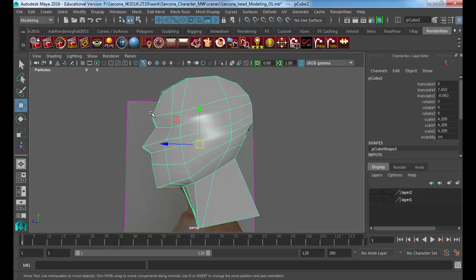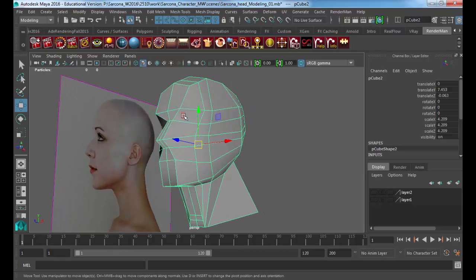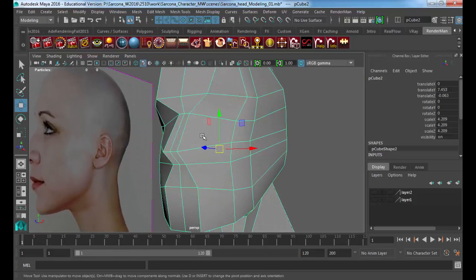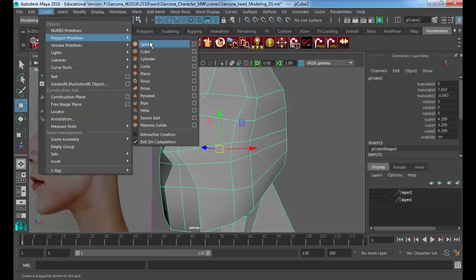Alright, so what I need to do now is I need to start to add in the mouth, start to add in the eye. Okay, we're doing what's called base modeling. We're doing a very low resolution version inside Maya. Then we're going to take it into a program called ZBrush, and we're going to finish it off inside of ZBrush. Okay, so I need to get a representation of where the eye is. So I'm going to make a